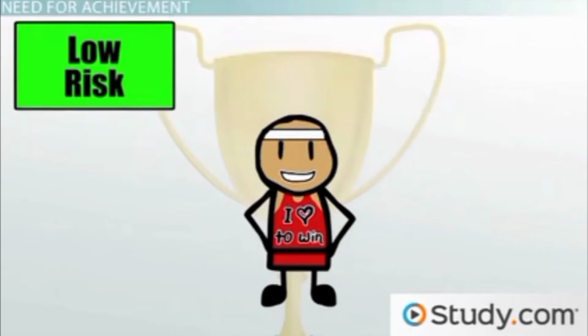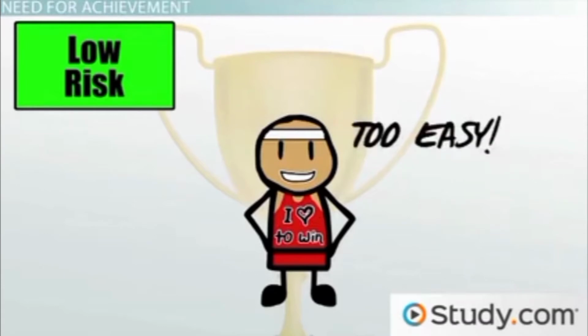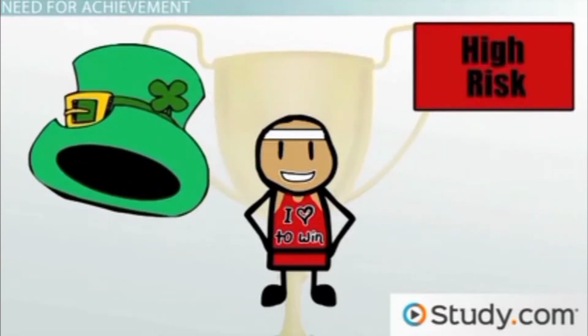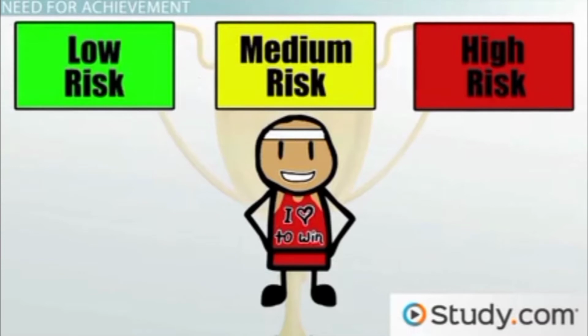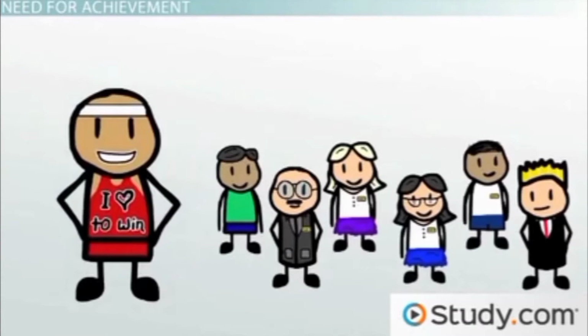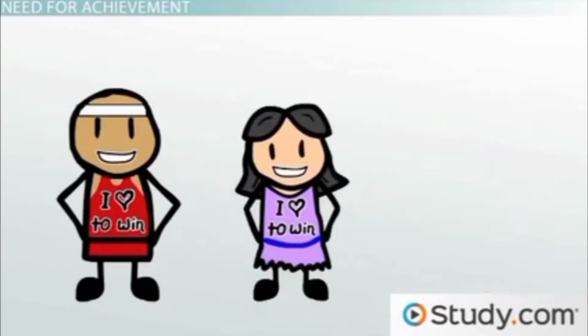Low risk situations are avoided because of the presumed ease of accomplishment related to low risk activities, and the belief that things which come easy are not a true measure of success. High risk situations are avoided by achievers because of the fear that success might be more related to luck than actual effort. Achievers need to be able to see the correlation between the level of effort they exert and the success that results. The achiever prefers to work alone or with other achievers.